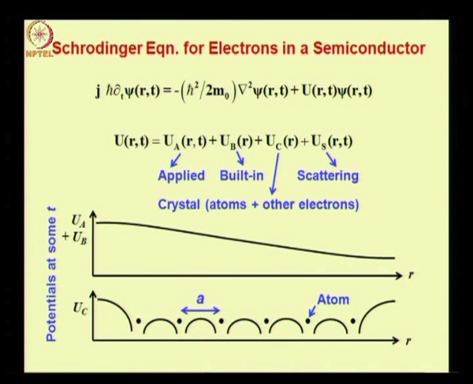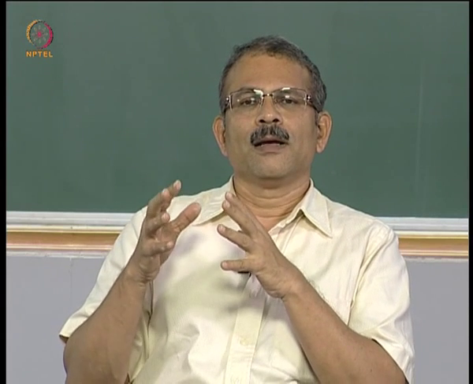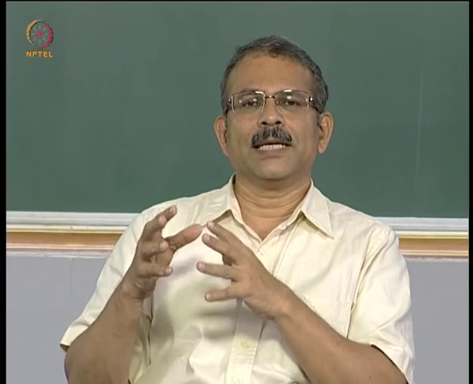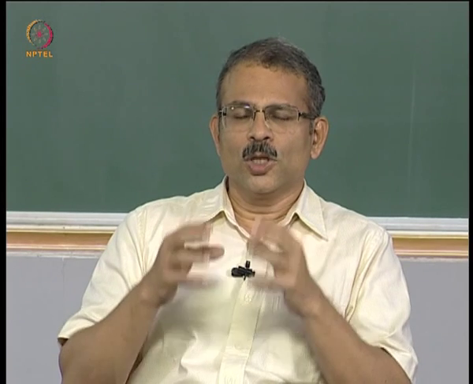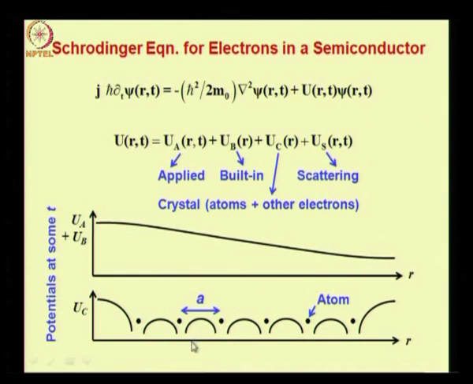So we said that because the crystal potential varies so rapidly over length scales a, which are very small compared to the thermal average de Broglie wavelength of the carrier or electrons, we have to resort to solution of Schrodinger's equation to model this effect, and this is what we do while deriving the effective mass. On the other hand, once you use the effective mass concept, then the effect of this potential can be treated using Newton's laws.